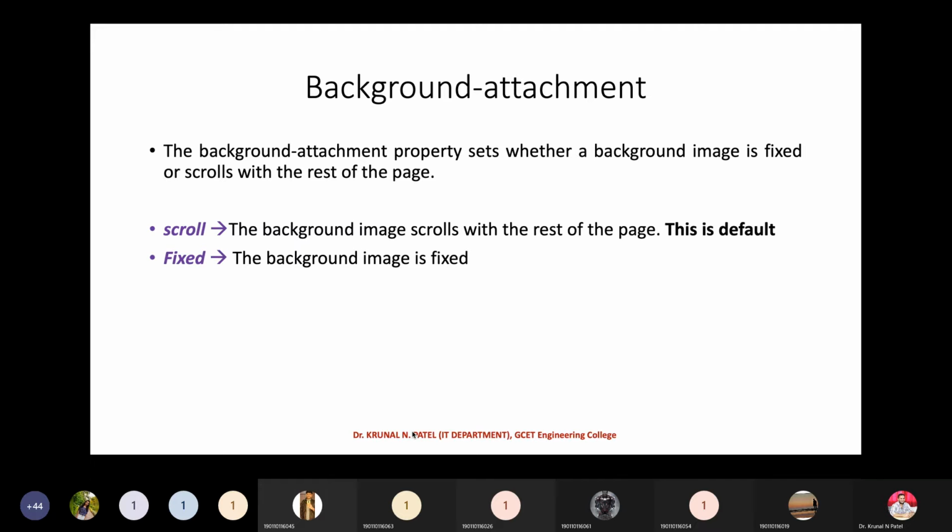With scroll, as I told you, whenever you set the scroll property, the background image and the upper content, that is the text, both are going to move. But whenever you set fixed, the background image stays fixed and only the upper content is going to move. I will show you one demo example once I finish this theory portion, right?